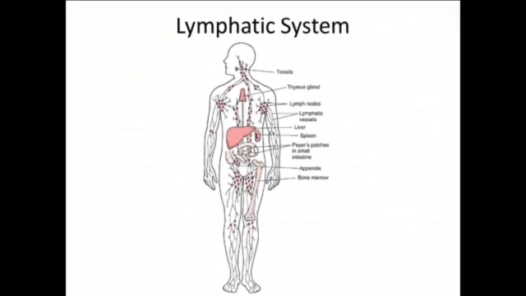Next topic is lymphatic system. Lymphatic system is an accessory circulatory system which transports lymph from the intercellular spaces of the tissues to the blood. This system is formed of the following components: lymph vessels, lymph nodes, and lymph. Lymph is a straw-colored fluid connective tissue. It is formed from the blood by the passage of substances through the walls of the blood capillaries into the intercellular tissue spaces. It is formed by the process of diffusion and filtration from the blood. It is called extracellular fluid as it lies outside the cell.